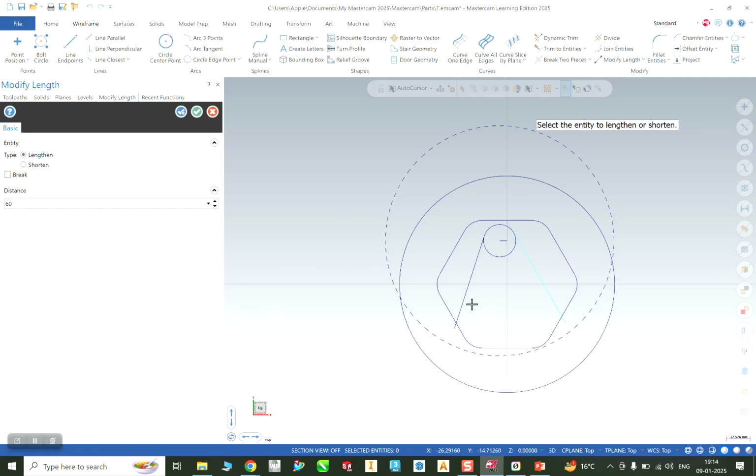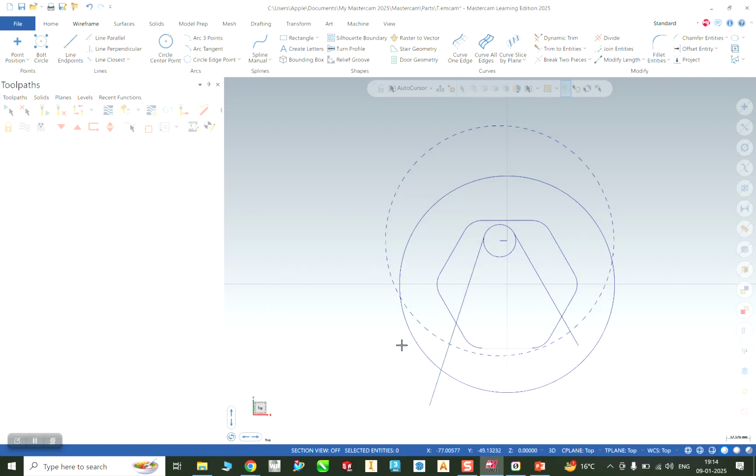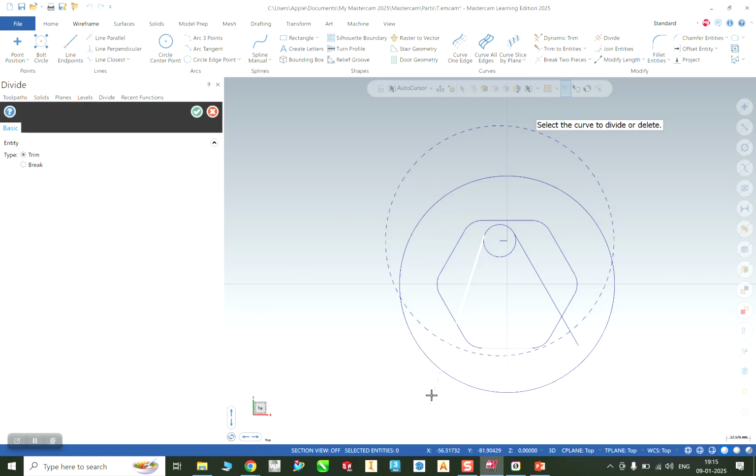Just click again. You can extend as much as you want. Okay, and just click OK. Now we want to remove from that endpoint, so there is a divide option over here. Click and just click here, and up to that circle I am going to end it, and click here. Okay,